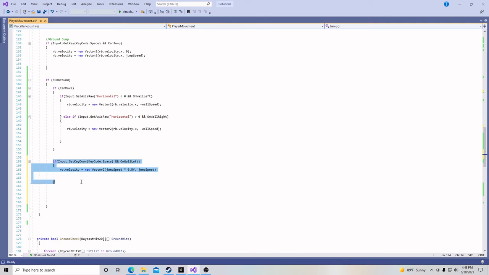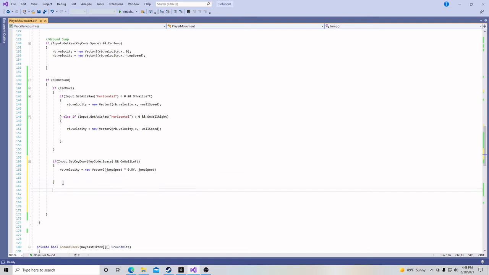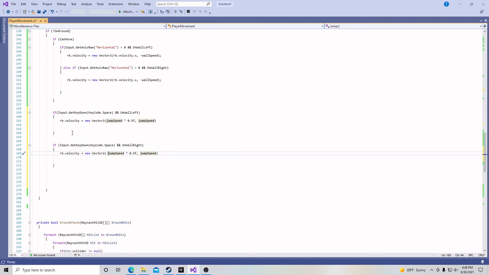Gonna take this right here. I'm gonna copy it right below it. Control V to paste it, and we're basically gonna fix it for the right hand side. Only over here it's going to be negative jumpSpeed for the other side. And what we want is, if we were to play this, what would happen is that there wouldn't be any time between our jumps, so it would not really jump off, it would kind of come straight up. So we want a little bit of a